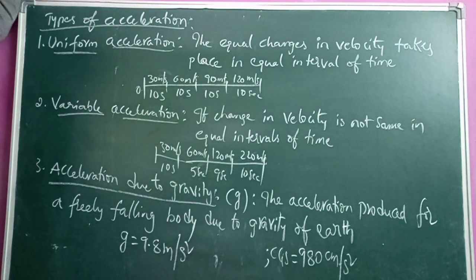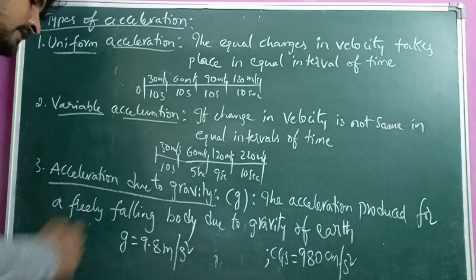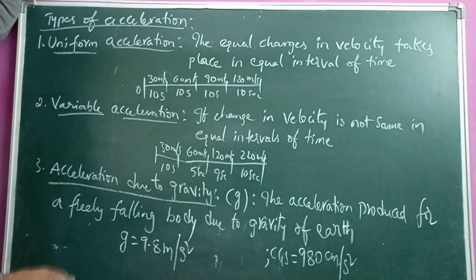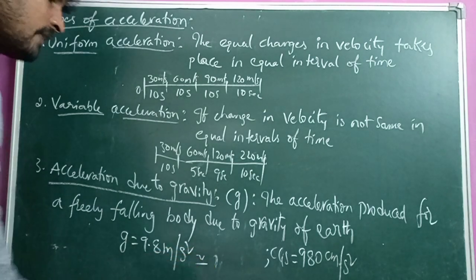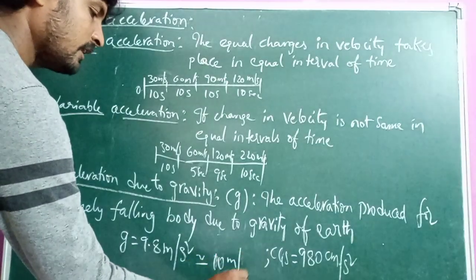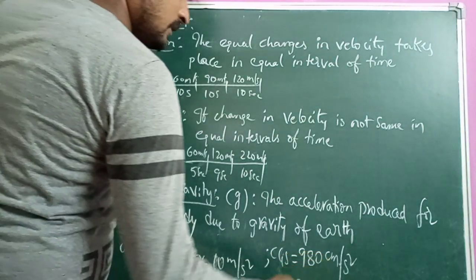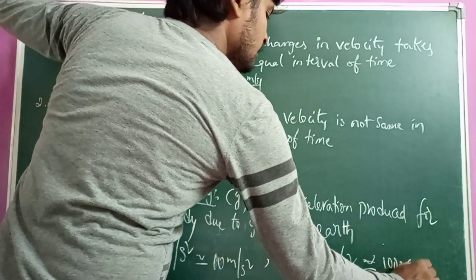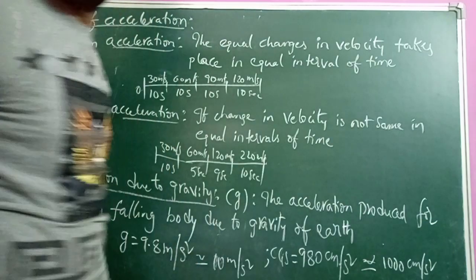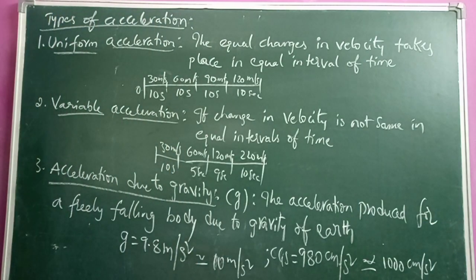Of course, it may slightly vary at the poles and the equator of the earth, but on an average we take this value as a constant, 9.8 meter per second square. To round off, this value is taken as 10 meter per second square in problems, and in CGS it is taken as 1000 centimeter per second square. So this is somewhat about